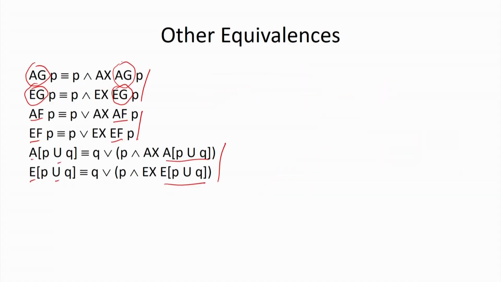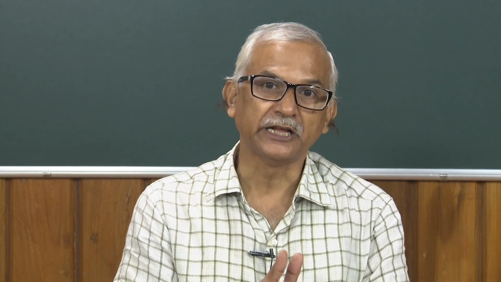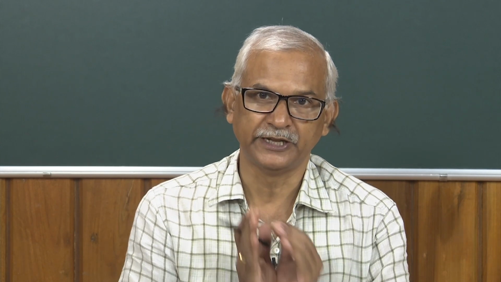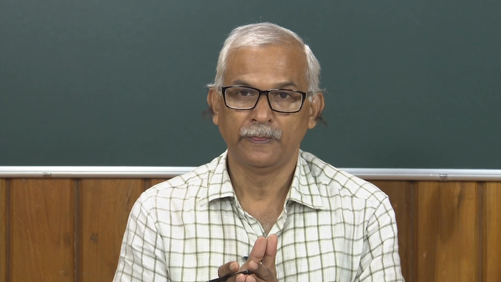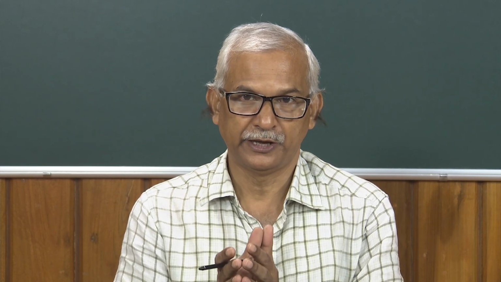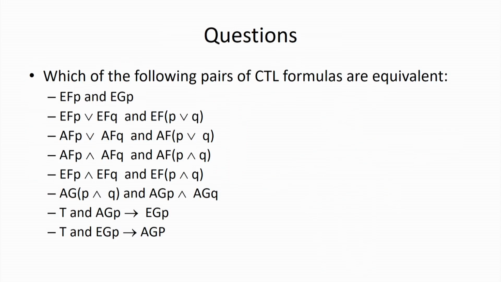We can represent a temporal operator with the help of its next state behavior. We are defining the temporal operator by itself, which is next state behavior, and these equivalences are going to help us build a method to check whether a given CTL formula is true in a particular state or not. These are the equivalences that we will be using to find out the truth values of a particular formula in a given state.